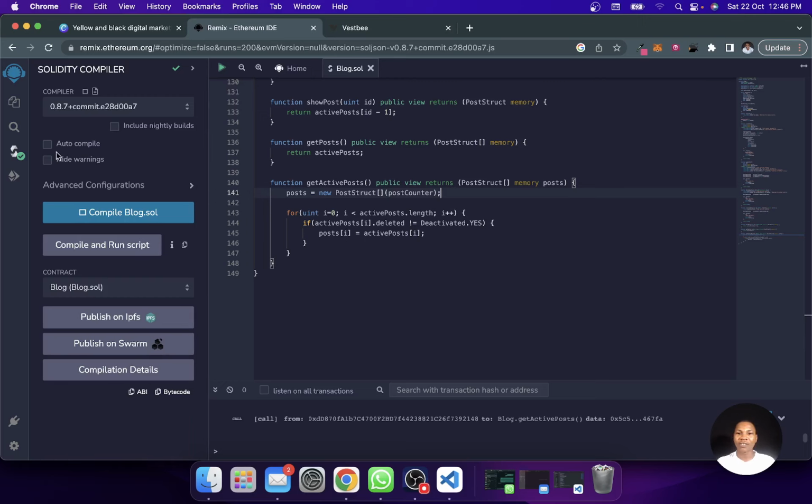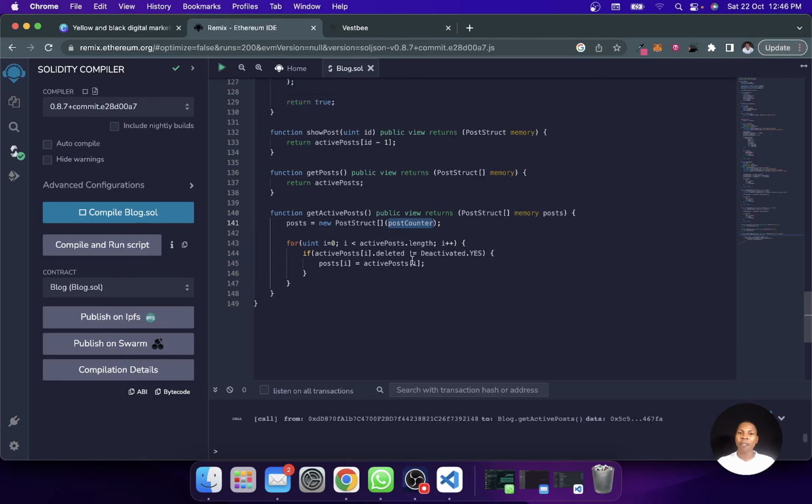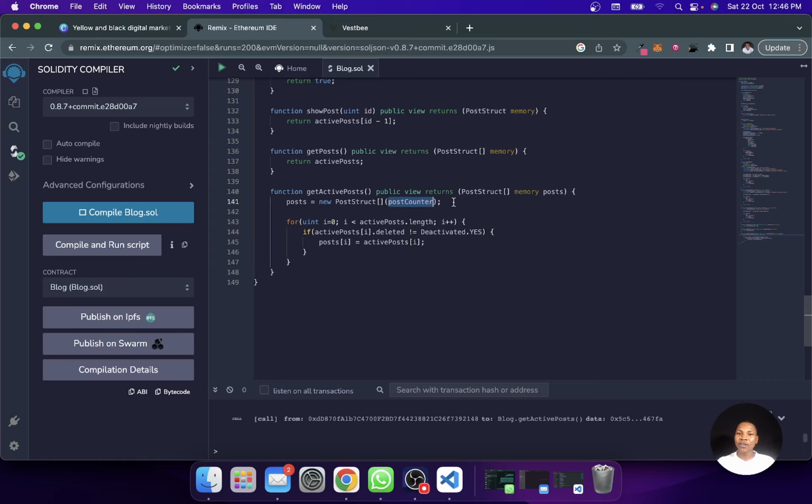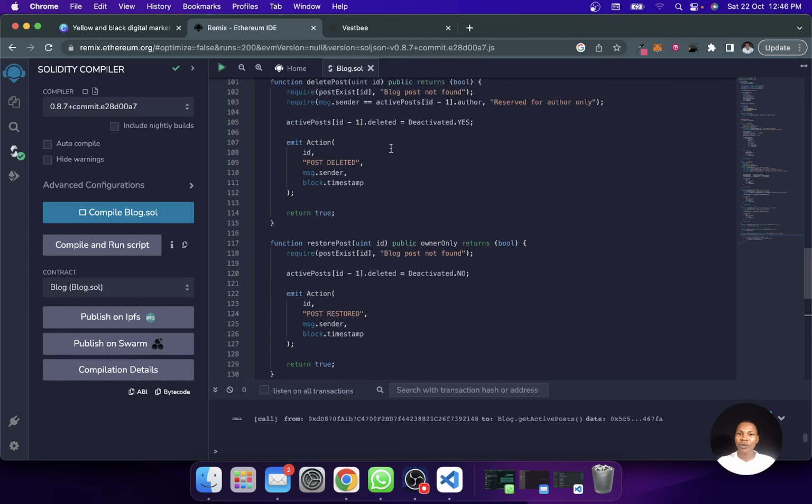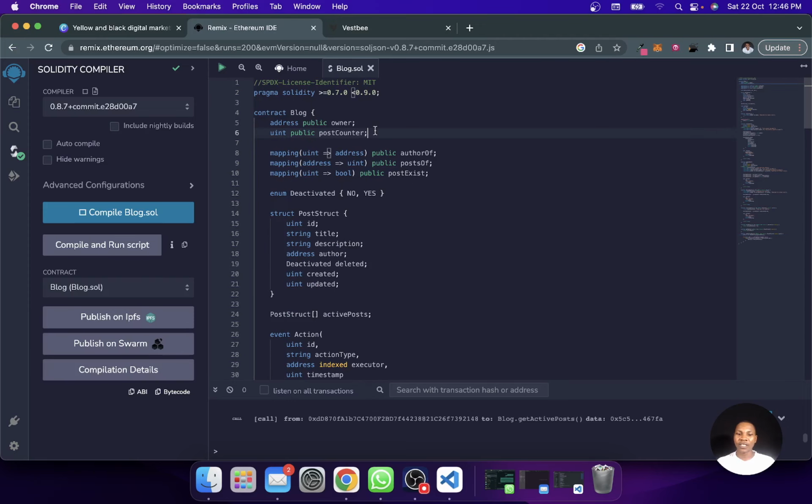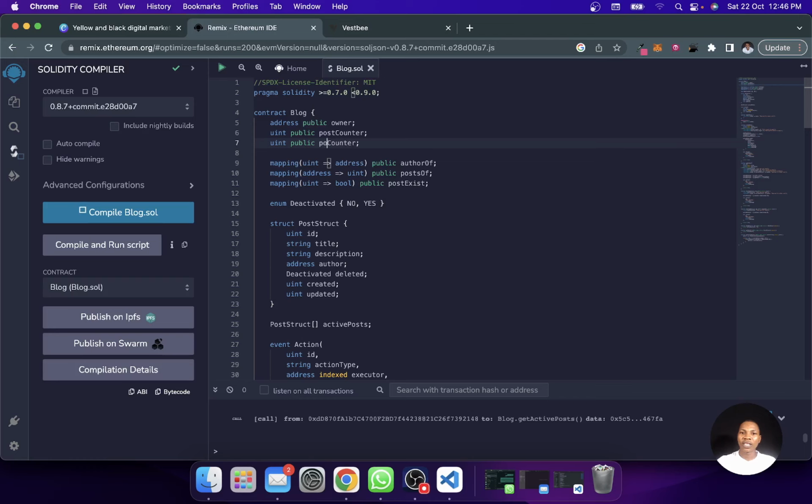It compiles successfully. But there is one problem here with putting this post counter. Why? Because this is still going to create a space that can accommodate the entire post on the network, on our smart contract. So in order for us to create a size that we specifically tailor to the active posts and not deleted posts, this is what we're going to do. We're going to come to this place and duplicate this post counter. We're going to call this deleted